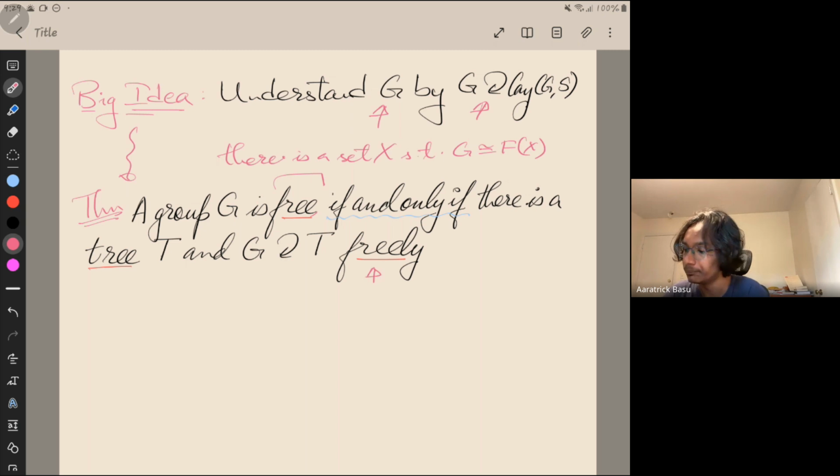So what does this mean? This means that if g is a group element that is not the trivial element, then g dot v is not equal to v for every vertex v, and